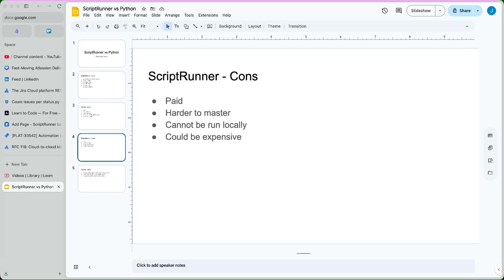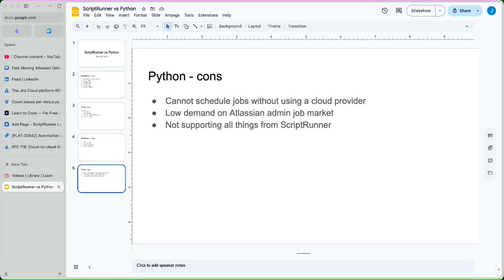Yeah. And it could be expensive. Yeah, definitely. I'm not saying it's cheap. Definitely it's not. And yeah, when it comes to Python cons, first of all,